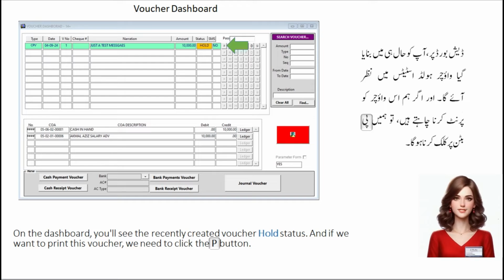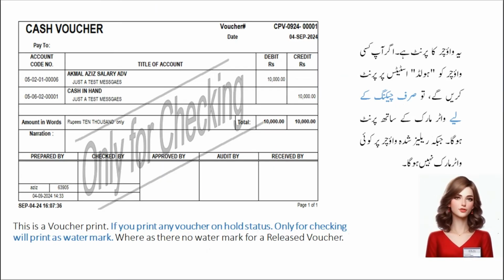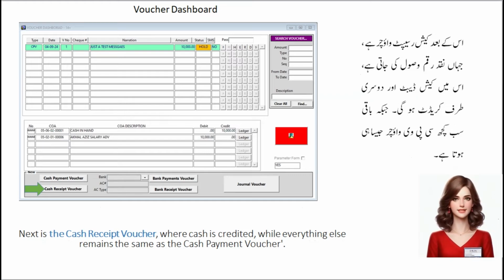On the dashboard, you'll see the recently created voucher in hold status. And if we want to print this voucher, we need to click the P button. This is a voucher print. If you print any voucher in hold status, it will print with a watermark for checking only, whereas there is no watermark for a released voucher. Next is the cash receipt voucher,